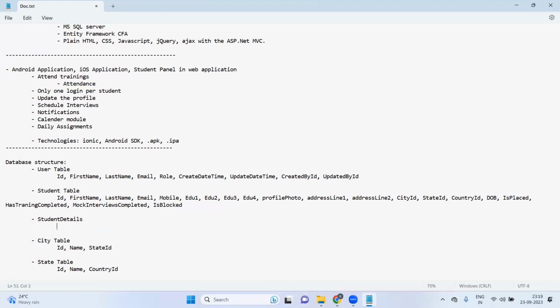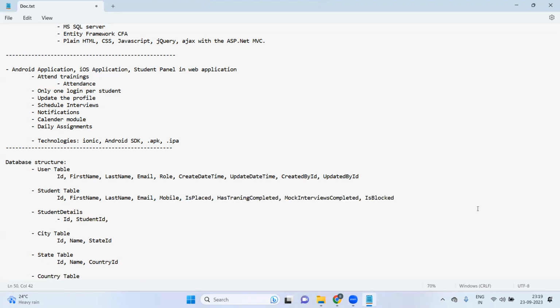In this table, we'll have ID, student ID, then education details, profile photo, address, city, state, everything, date of birth. This flag should be here only because this is master table. And here we'll have this additional information along with